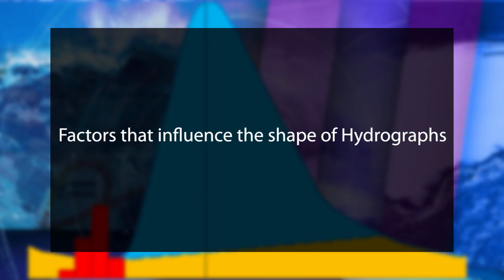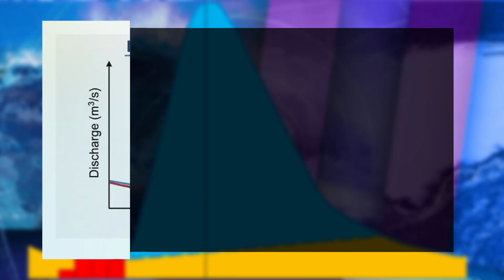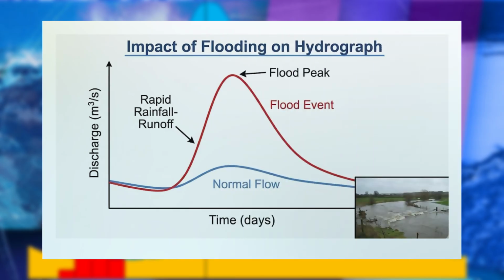Now let's have a look at some of the factors which influence the shape of a hydrograph. The shape of a hydrograph is influenced by various interrelated factors that arise from both physical characteristics of a watershed and the meteorological conditions during a precipitation event. Understanding the factors influencing hydrograph shapes enables hydrologists to better predict runoff responses, assess flood risks, and design effective water resource management strategies. So, this comprehensive approach is crucial for addressing challenges related to urbanization, climate change, natural disasters